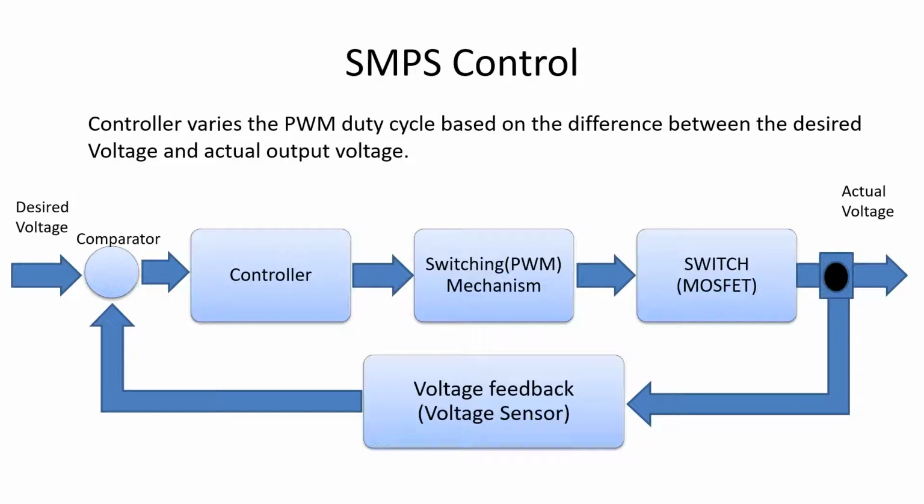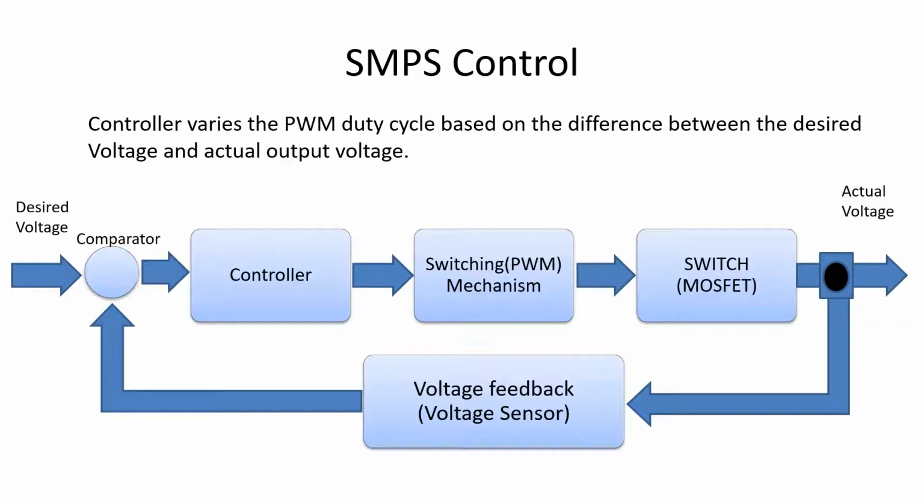The 230 volt AC is rectified into high voltage DC, and then it is switched at high frequency into pulsating DC, and then we have a high frequency ferrite core transformer. Through the transformer it is stepped down to the desired level. Then we have a high frequency rectifier, and then it is converted into DC. So this is how the high voltage AC is converted into low voltage DC.